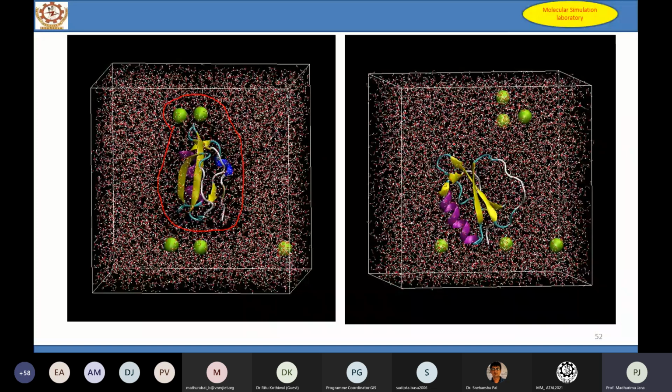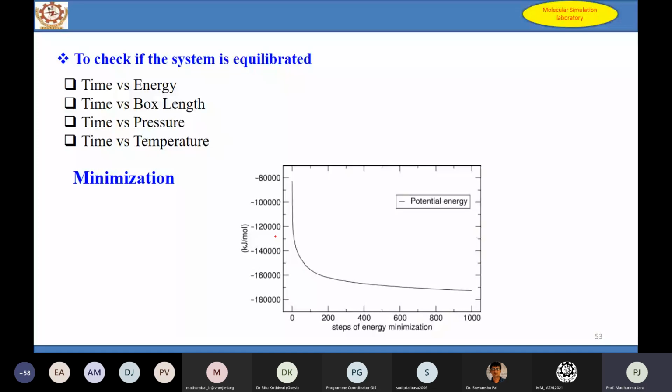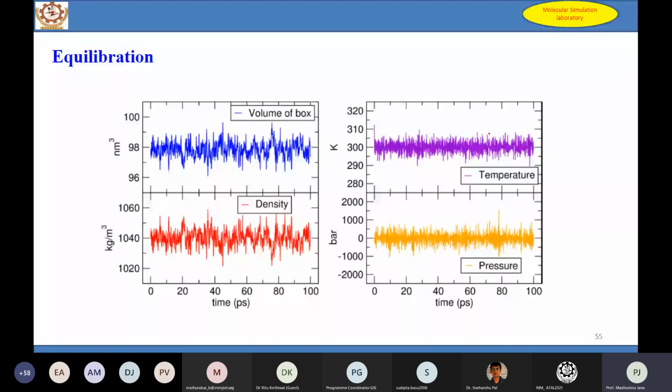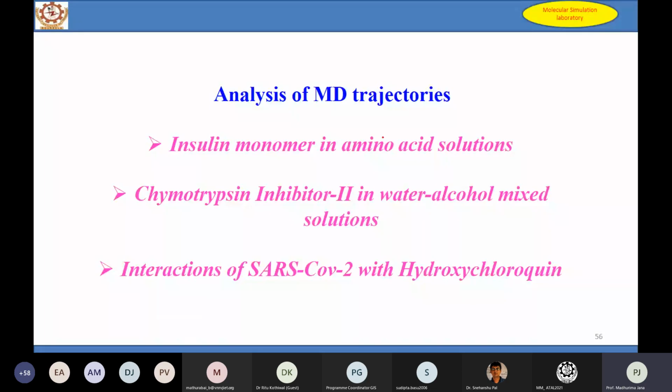Okay, then after that, your next step is to check whether the system is equilibrated enough or not. You have to plot the energy versus the time steps for the minimization. You have to see the potential energy, the total energy, and even the temperature of your system. So this is basically the monitoring part. In equilibration, you have to see the volume of the box, the system's density, the pressure of the system, then the temperature and everything. Once everything is okay, you can go to the next step. You can generate the trajectory of longer timescales, many microseconds. Then you can go for the analysis of the MD trajectories.